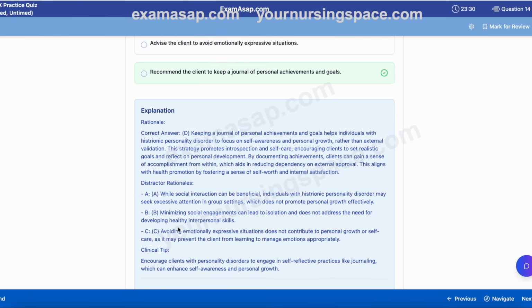The correct answer is D. Rationale. Correct answer D. Keeping a journal of personal achievements and goals helps individuals with histrionic personality disorder to focus on self-awareness and personal growth rather than external validation. This strategy promotes introspection and